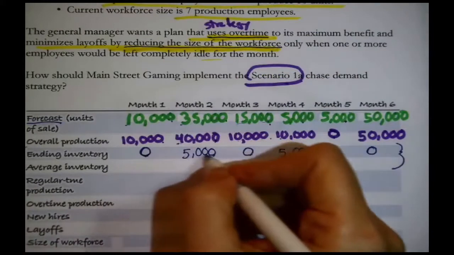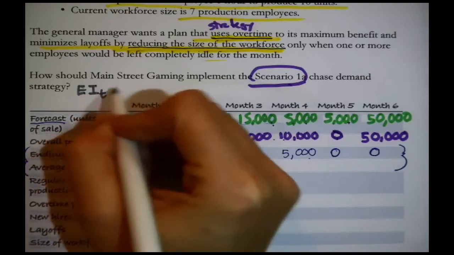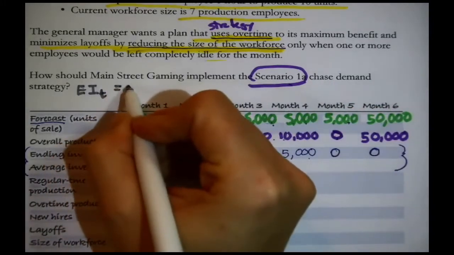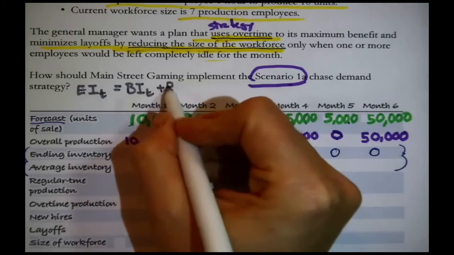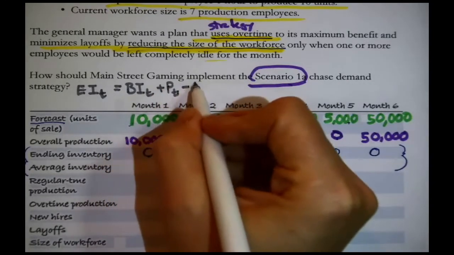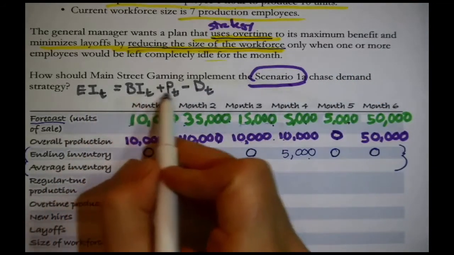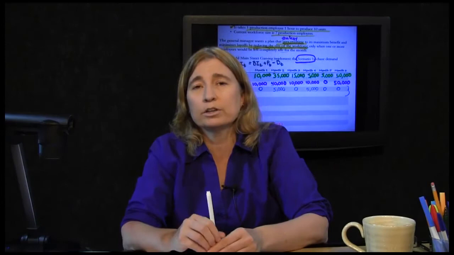Now, you say, where are you getting those numbers? That you could treat as a formula if you want to. That's what's known as inventory logic. What was I doing when I was calculating these? I was saying EI, ending inventory for a period T, like a certain month T, 1, 2, 3, 4, 5, you pick. It equals BI, beginning inventory for that month, plus production for that month, minus demand for that month. What you end up with is what you start with plus anything that you make minus anything that you ship out. That is how you calculate ending inventory.